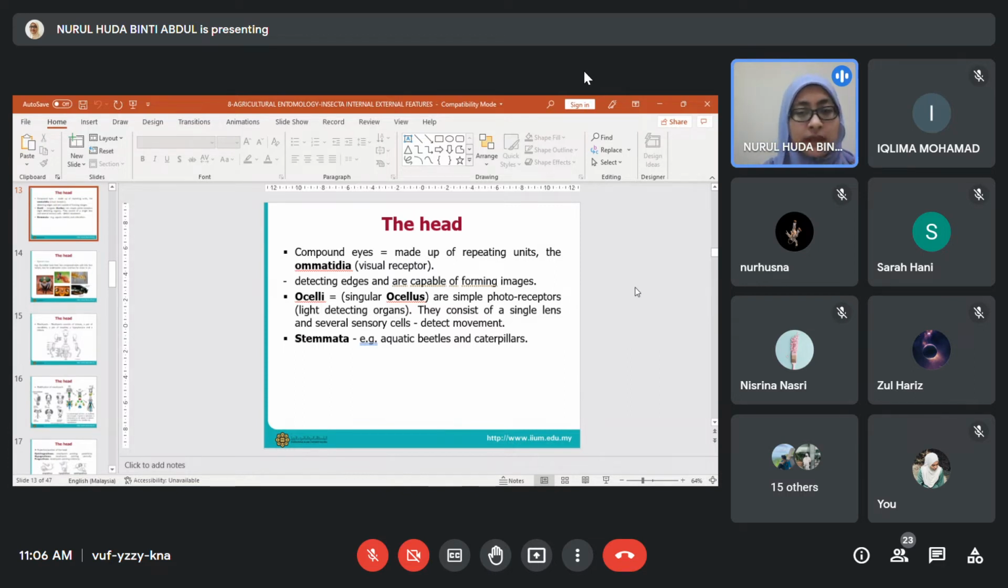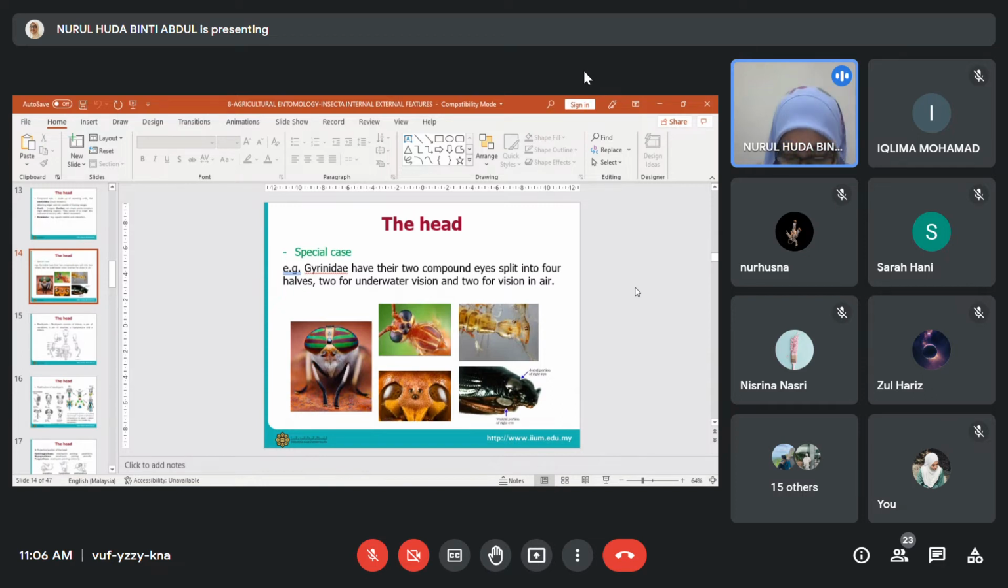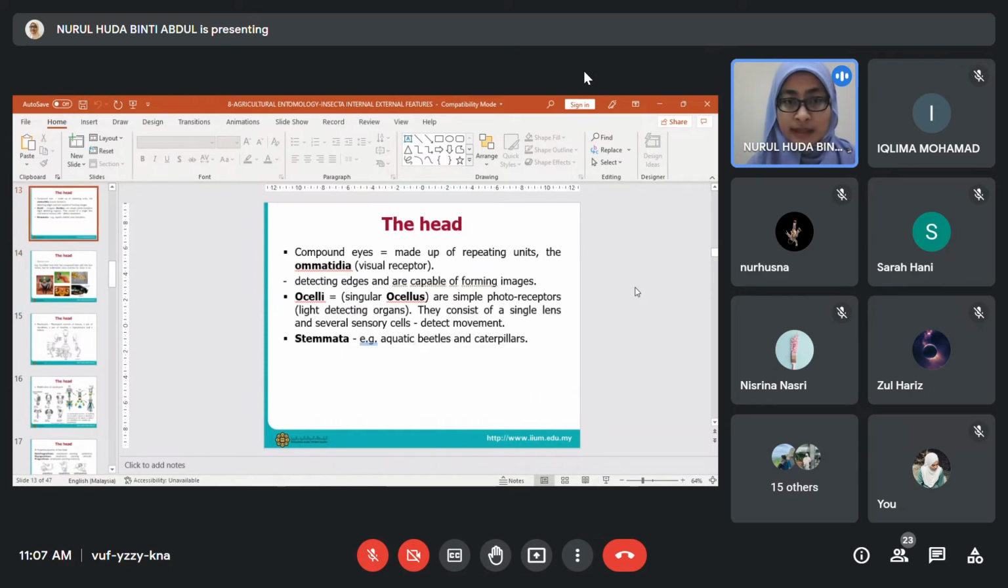It's just different, lah. How to say it? The function is almost similar. It's just, how to say? It's a singular stemma. Anyway, you have to remember that it's almost similar to ocelli. Because it has the term stemata, they have what we call a stemma, so they have a different